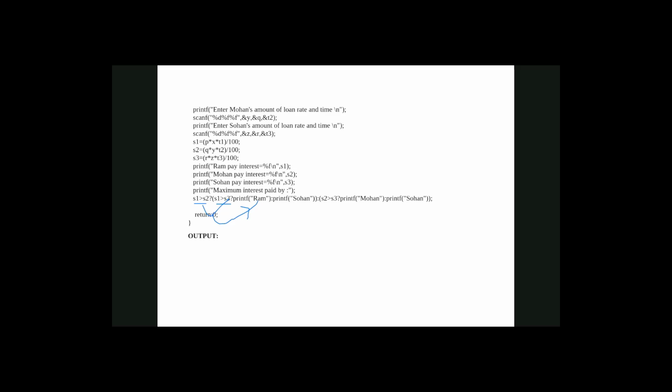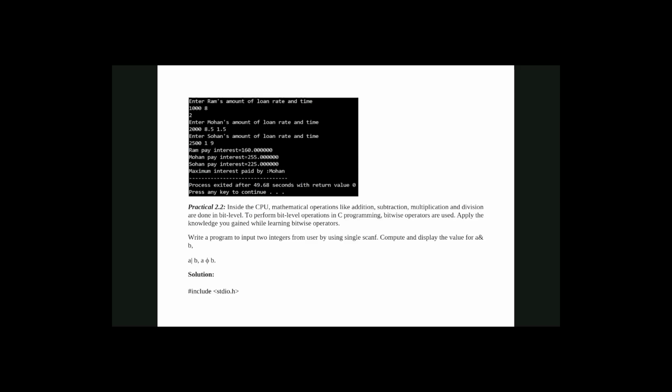Okay, so this is about this practical, and this is the formula to calculate simple interest, as shown in S1, S2, and S3. Here we are calculating the simple interest S1, S2, and S3.